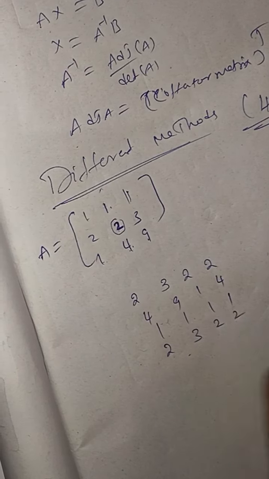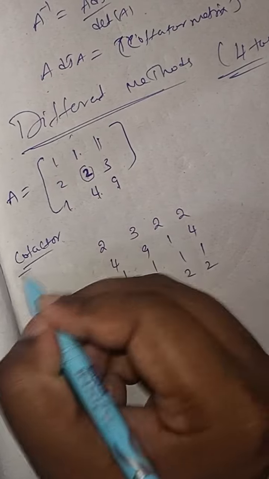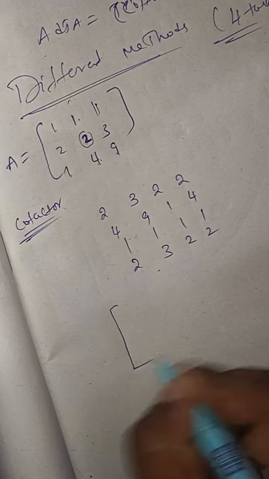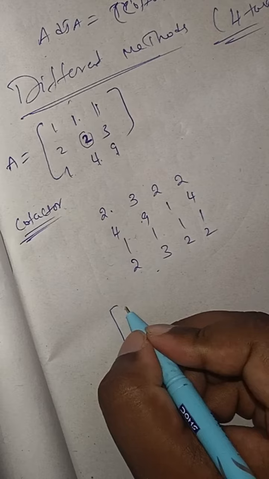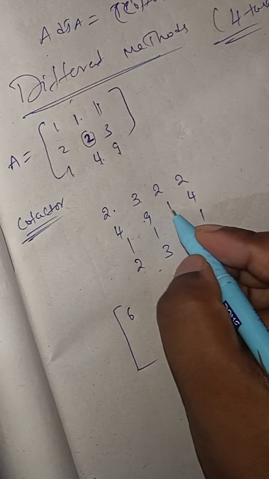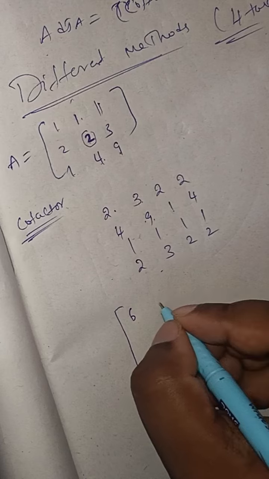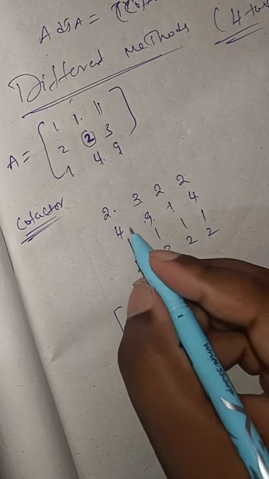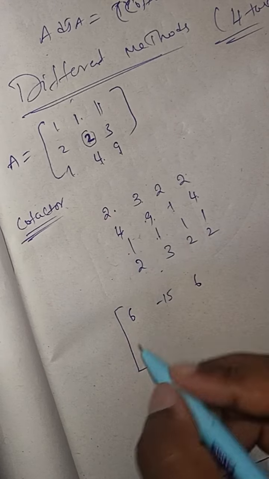3 2 2. To find the cofactor of the matrix, these are the elements. Now what is the cofactor matrix? 2 9s are 18 minus 12, 18 minus 12 how much? 6. 3 1s are 3 minus 9 2s are 18, 3 minus 18 how much? Minus 15. 2 4s are 8 minus 2 6, 4 1s are 4 minus 1 9s are 9, 4 minus